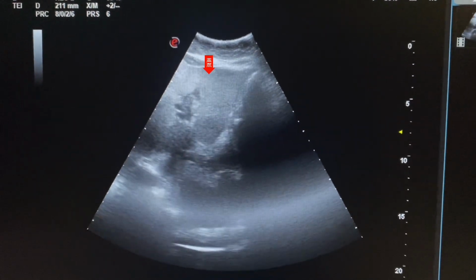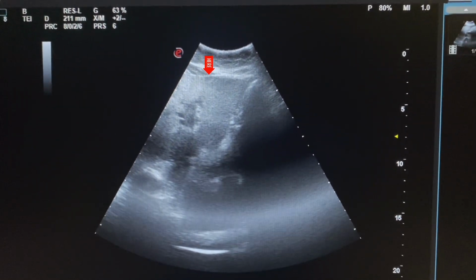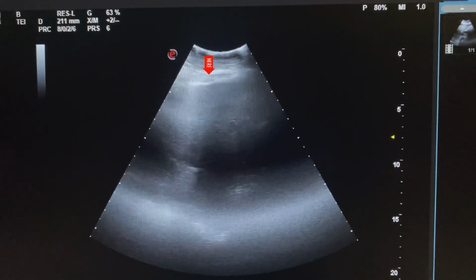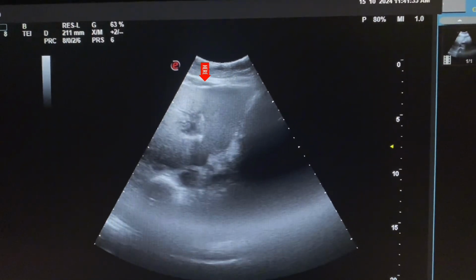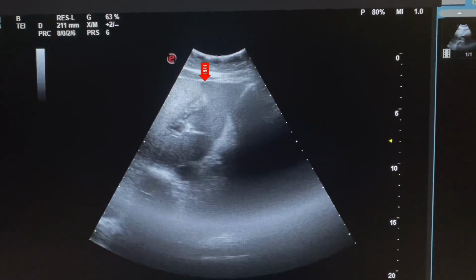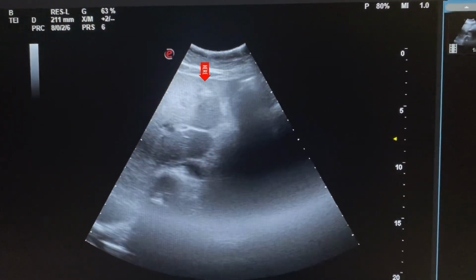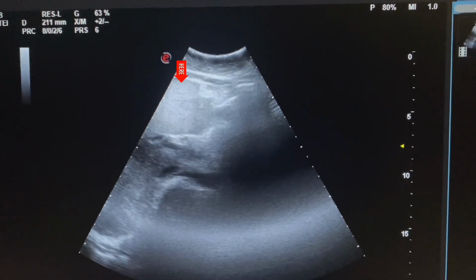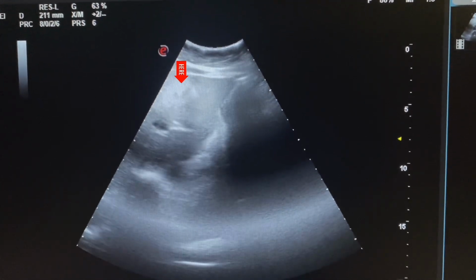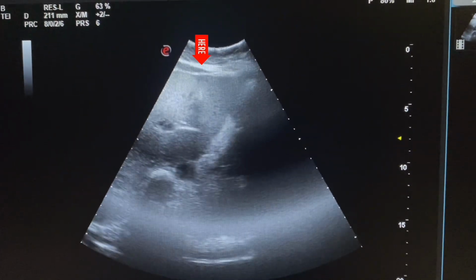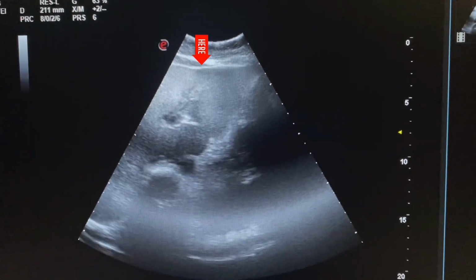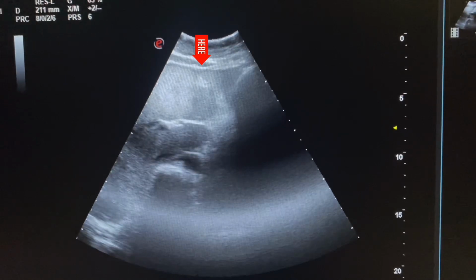A female 45-year-old presents with complaint of jaundice and pain in the right hypochondrium for 1 month. She is also in altered state of consciousness. Now we are scanning the liver. Here we see the left lobe of the liver, which shows heterogeneous texture,